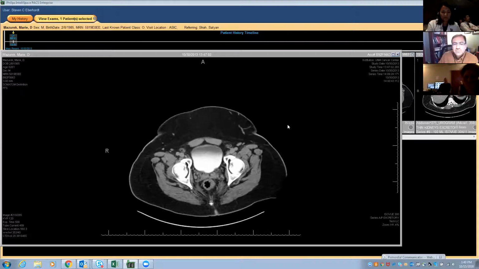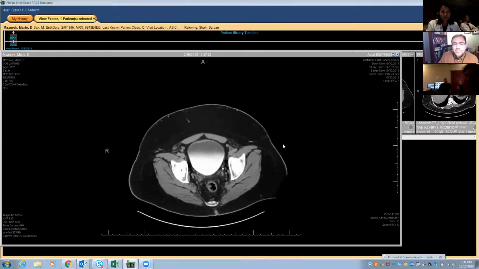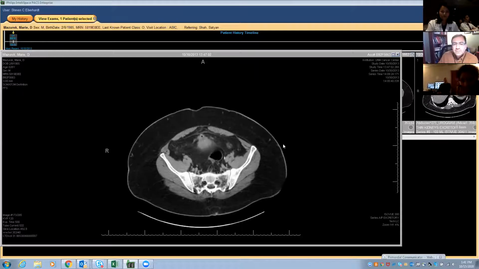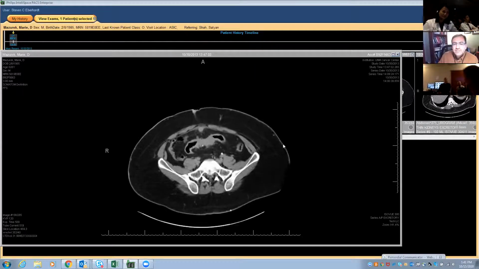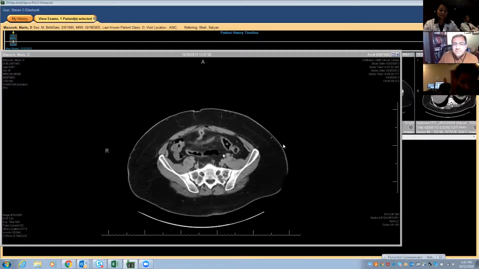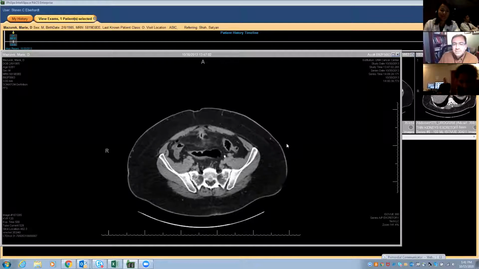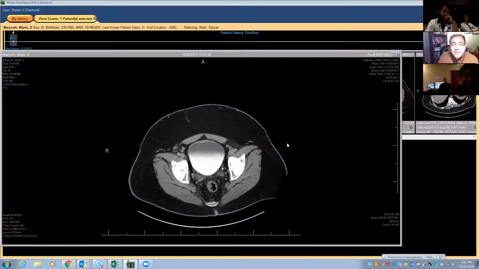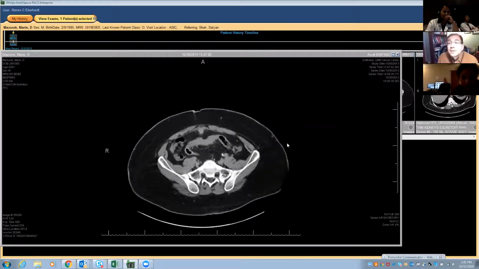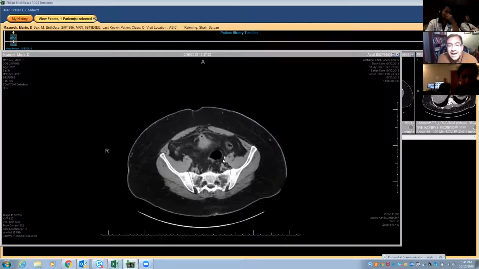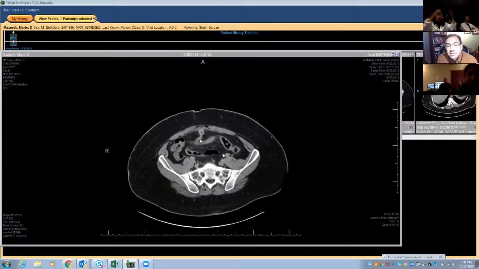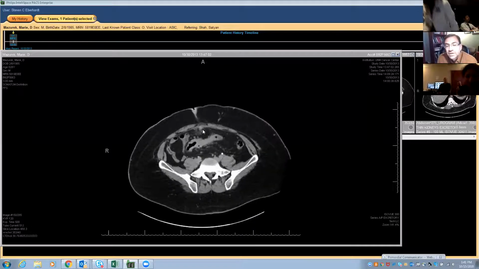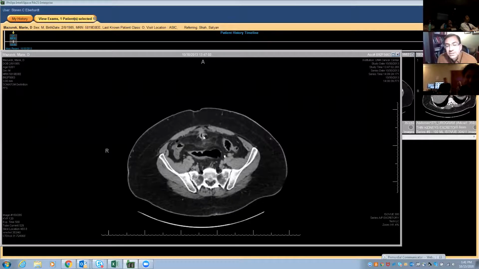Any thoughts? Endometriosis? It's a good thought. Not what it is. I think it's a urachal infection that's fistulized the small bowel. Well, if you look at this bowel here, it's actually sigmoid colon. So it's sigmoid colon, the communication with that structure, which is, as you identified correctly, urachal, and then it goes